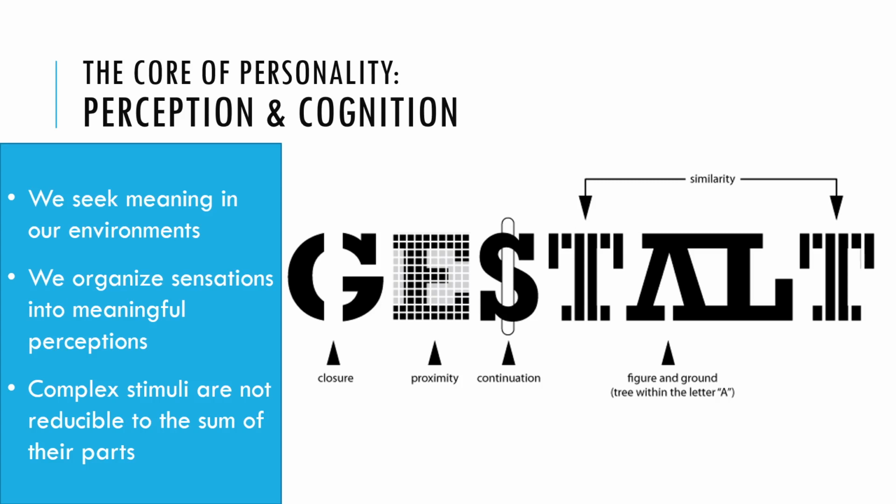But if instead you look at it holistically, then you recognize, oh, that's actually a G with maybe a white bar in front of it that's blocking part of the G, right? You perform the perceptual task of closure and you fill in that gap and you go, that's clearly a G. You can't take something complex like a letter or a word or someone's intent and break it down into its elements and still retain the basic gist of what that larger thing is. The Gestalt psychologists actually had a phrase for that. They said the whole is greater than the sum of its parts.